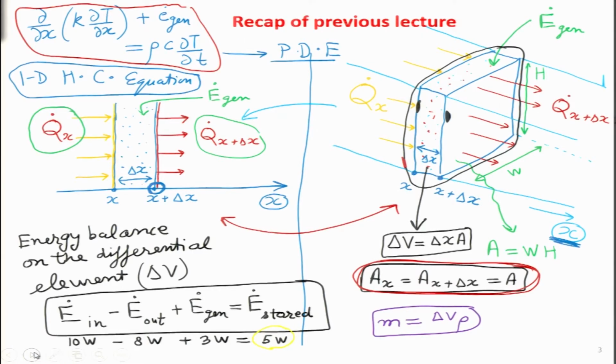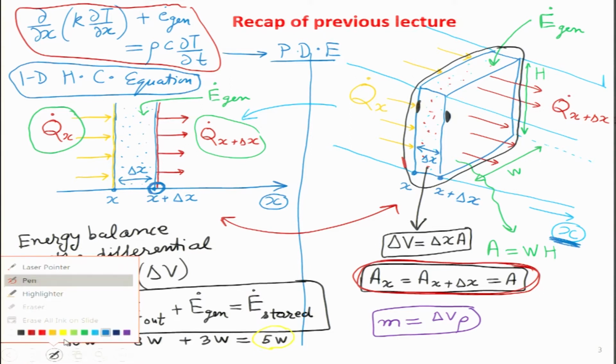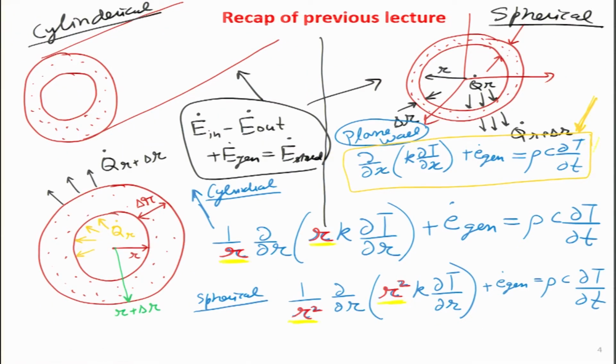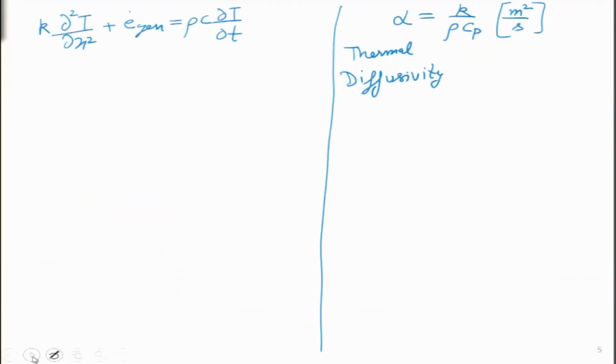In that one, we have essentially looked at the differential element delta V, and using this particular case we have derived the one dimension heat conduction equation. So, we went into detailed length and this is the equation that we came up with, and we will continue from there and we will try and see what are the boundary conditions, initial conditions that we can apply over here, and we will also do one or two solved examples. So, with that, let us go back to the slide and continue where we had left off last time.